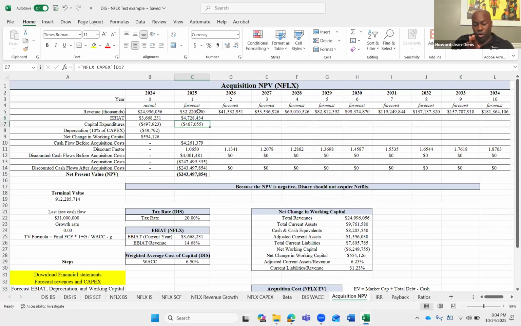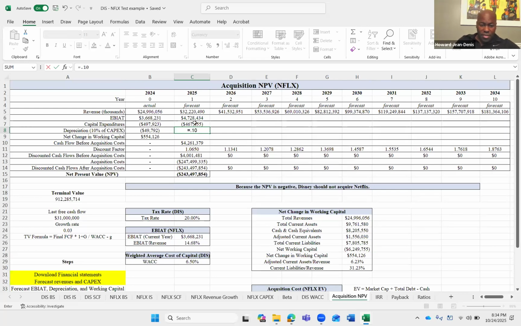So as I mentioned before, you can say, Professor, I don't think it's going to stay at 14.68. I think it's going to change. I think earnings might change based on the industry growth rate or by another driver of earnings. There are a lot of different things you can put in to do your forecast, but I'm showing you the historical average, right? And so from there, remember we had